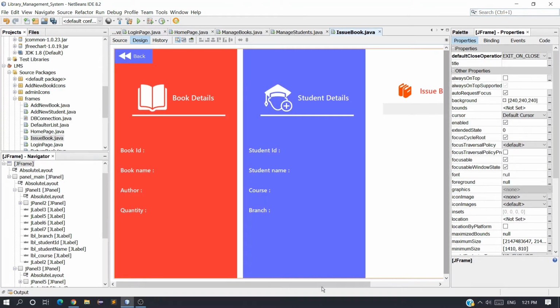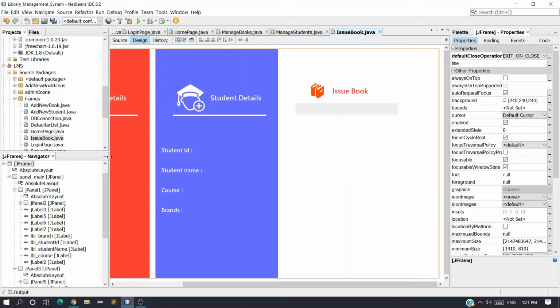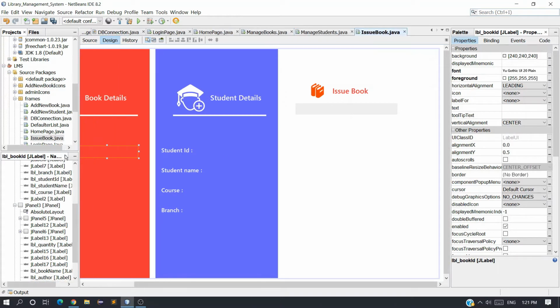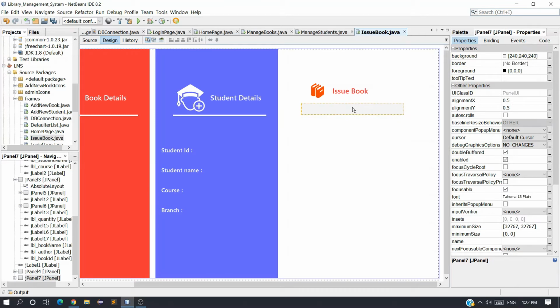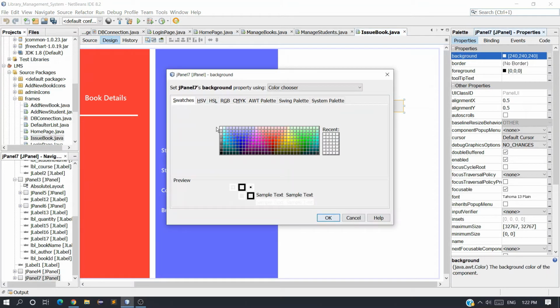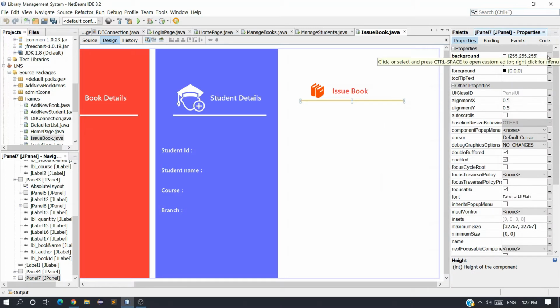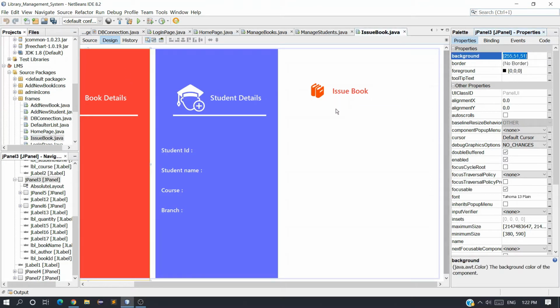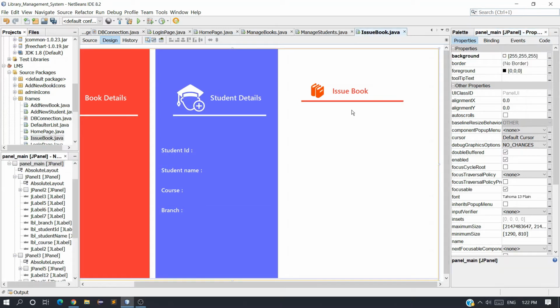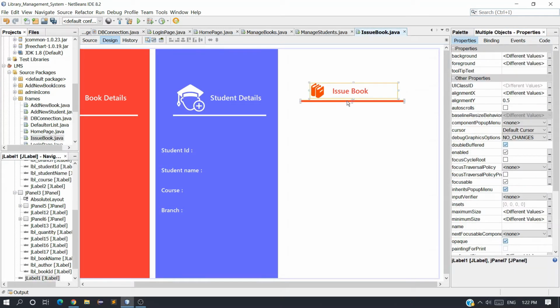Okay, here just expand it here, issue book, and background color white, and width should be 5, not white, background color should be this one, the red one. So copy this color and select this one and go to background color and paste it. Now just make it a little bit down.